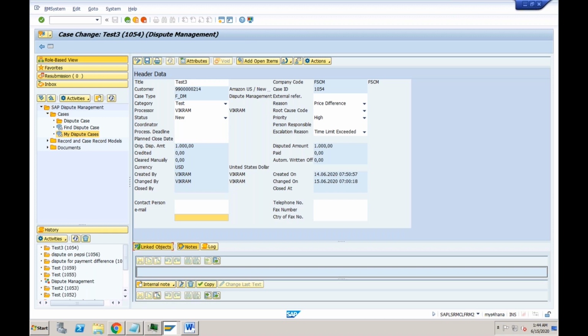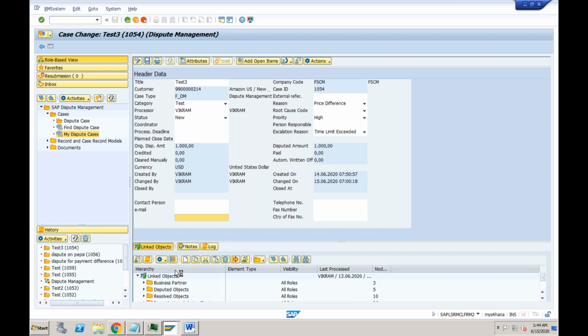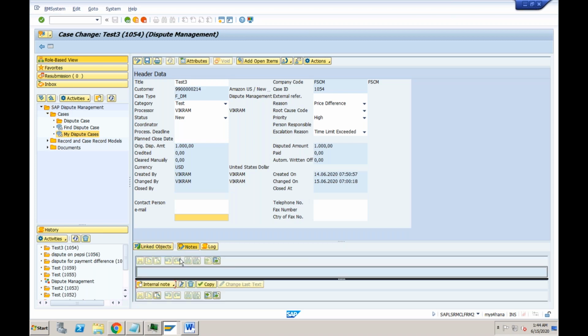If your object is the linked object, then it will show you these things. But if you click on notes, then only it will show you the other options. I still don't have it. Okay, maybe you need to check whether the text profile is assigned to your dispute case type. Yeah, thanks.